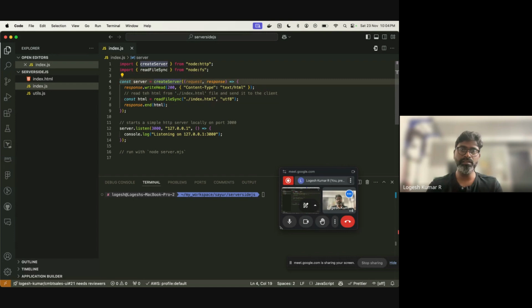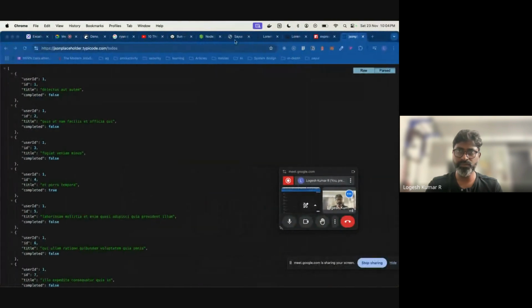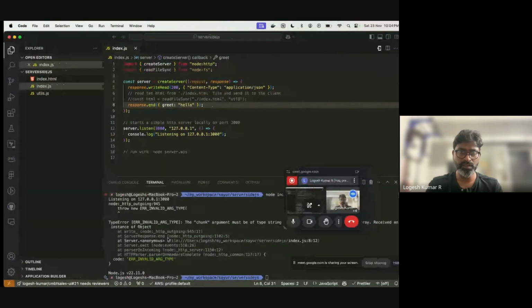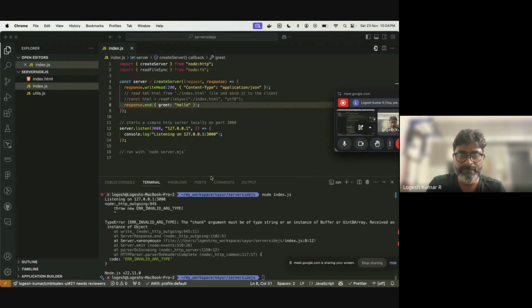Now, instead of returning HTML, we can return JSON as well here. We just change the header format to application JSON, and then you can send a JSON file. I believe this should work, but okay. What happened? The chunk argument must be of type string. Oh,